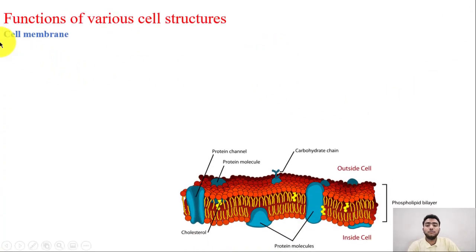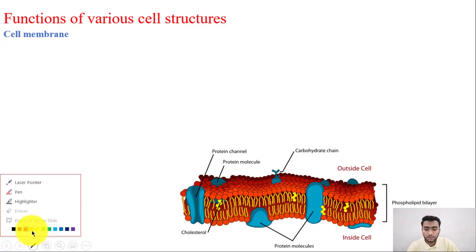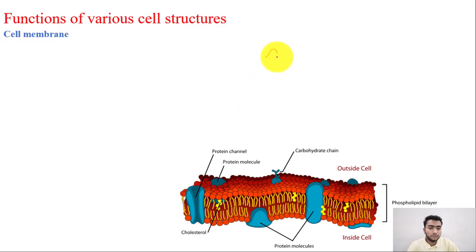So the first structure that we are going to be discussing is the cell membrane, and the cell membrane is really a bilayer. So it's really a phospholipid bilayer, as I told you. Bi means two, and phospholipid is a molecule that has a chemical formula that you really do not need to know. They are circular, so let me take out my pen. So these are phospholipid molecules, and they are composed of this head and the two tails.